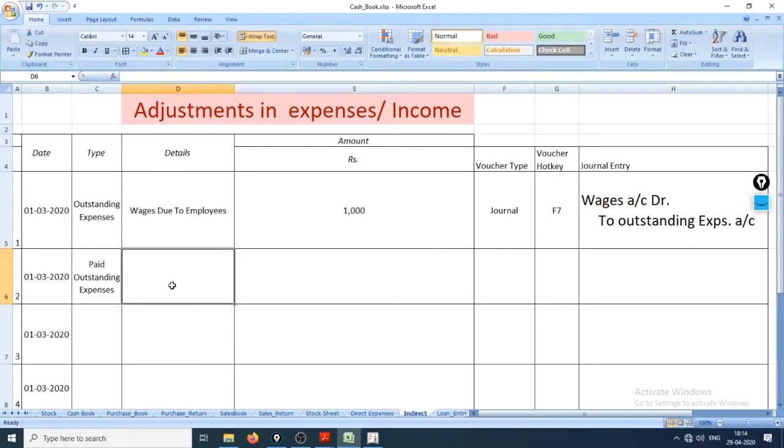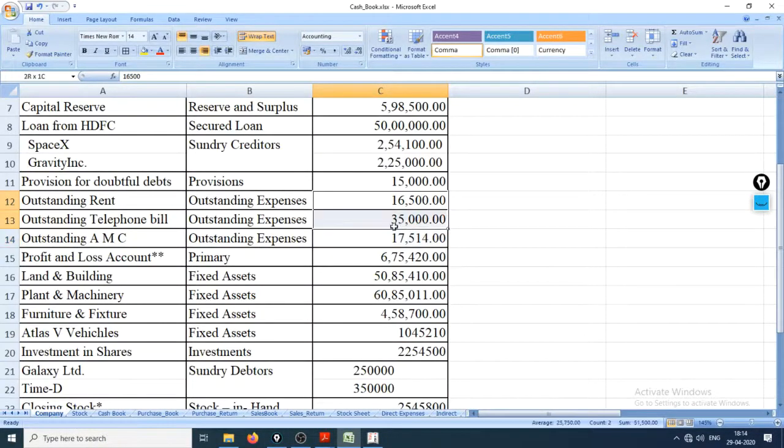Wages due to employee. Moving forward, we have details paid. Let's see what is due and go to company right here. So these all amounts are due.